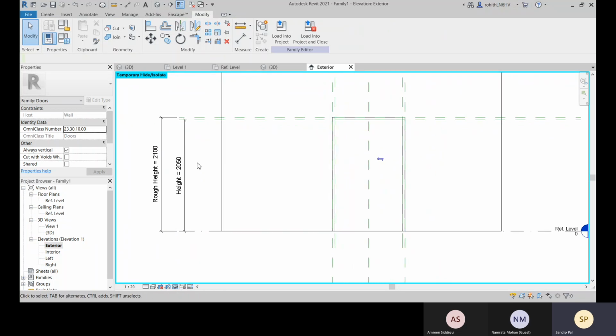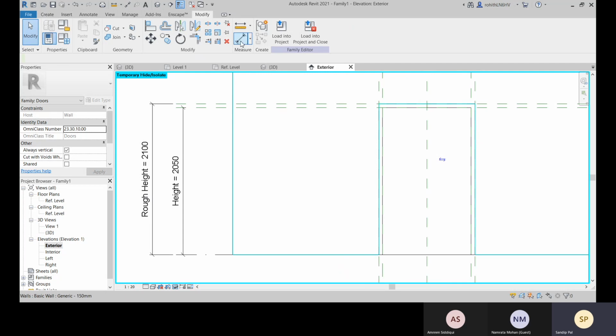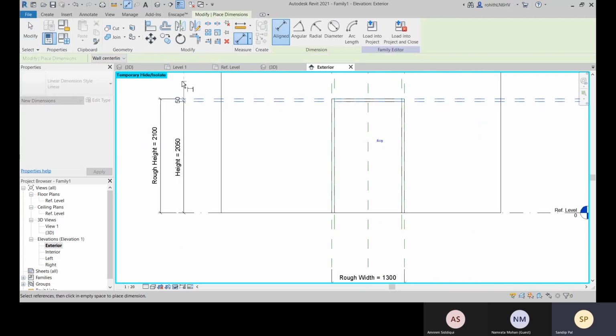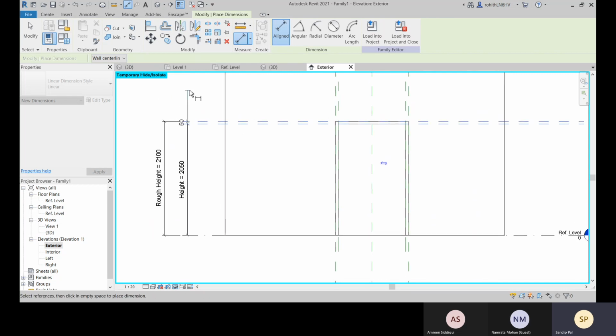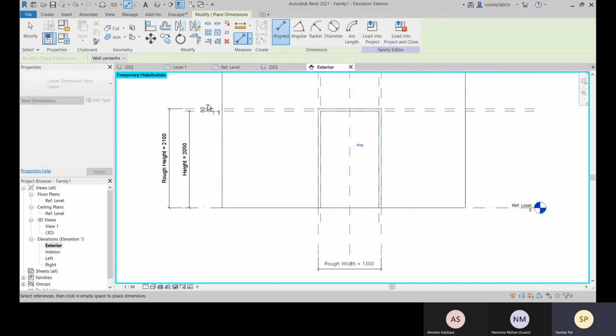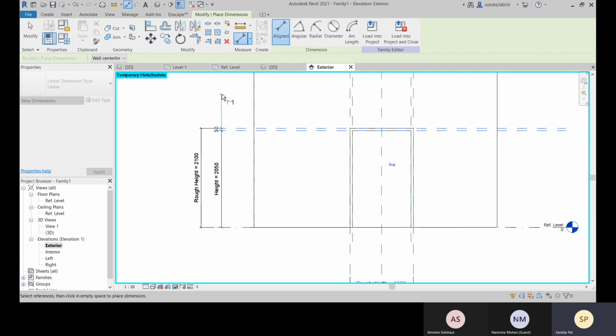Now we will connect the rough height with this, and make this a rough height. This will be locked this way. You can make it locked, or what else you can do is make this a parameter over there.